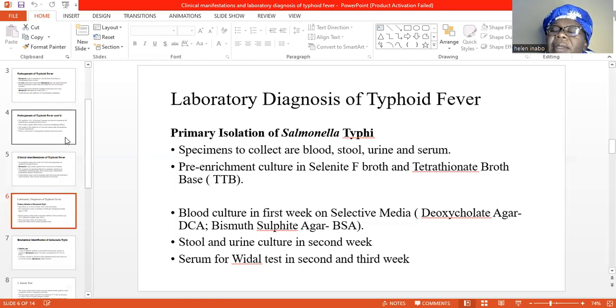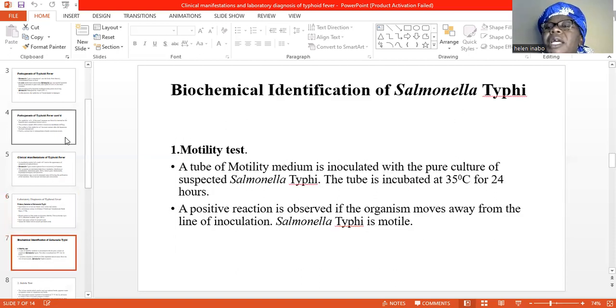This will be followed by inoculation on selective media such as deoxycholate Agar, DCA, or bismuth sulfide Agar. Stool and urine culture can be done in the second week, while serum or Widal test is done in the second and third week. Following the primary isolation of the suspected Salmonella typhi organisms,